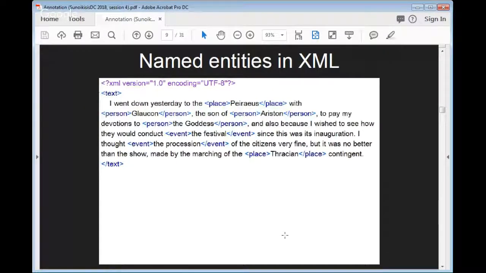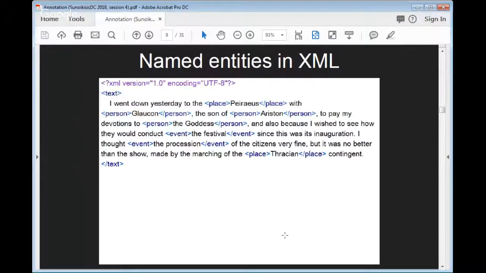So we say Piraeus is a place, Glaucon is a person, Ariston is a person, the goddess is a person. You could further distinguish between people and divinities if you wanted. The festival is an event, the procession is an event. Thracian, as we said a minute ago, is sort of a place reference. Certainly you could point to Thrace on a gazetteer or on a map, so it's potentially useful to tag it as that.